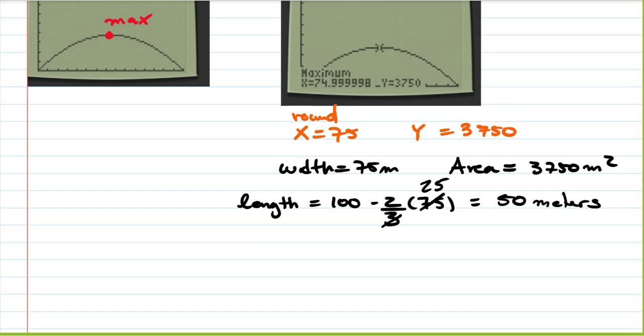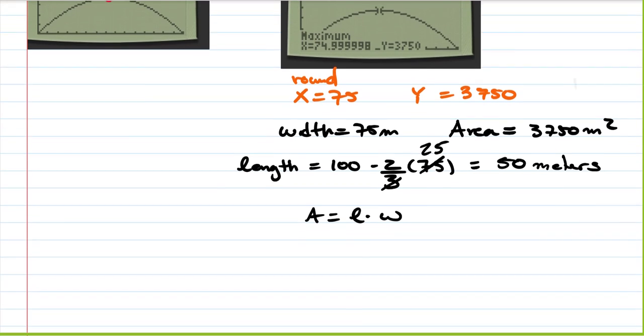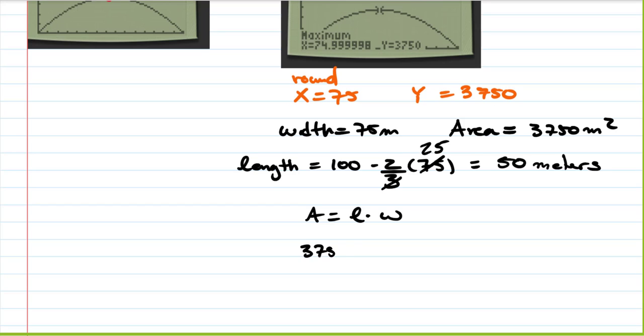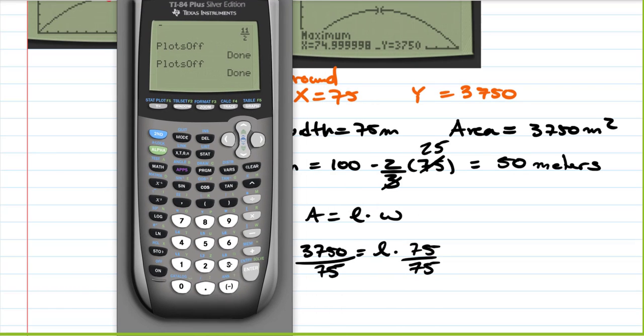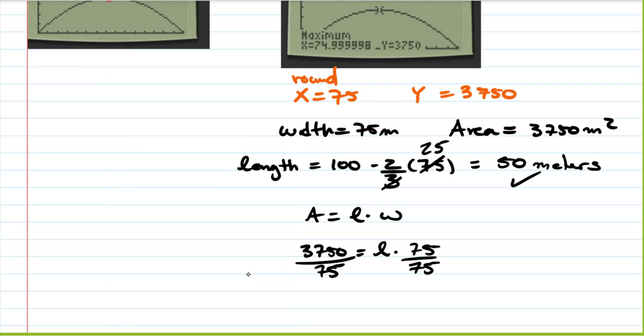We could use that formula, but we also know that area was equal to length times width. And we had the area was 3750, and L we didn't know, and the width was 75. And you'll notice if you divide both of those by 75, you will also get exactly the same thing we did as using the other formula. So 3750 divided by 75 also is equal to 50, right? Because there's multiple different ways that we can get